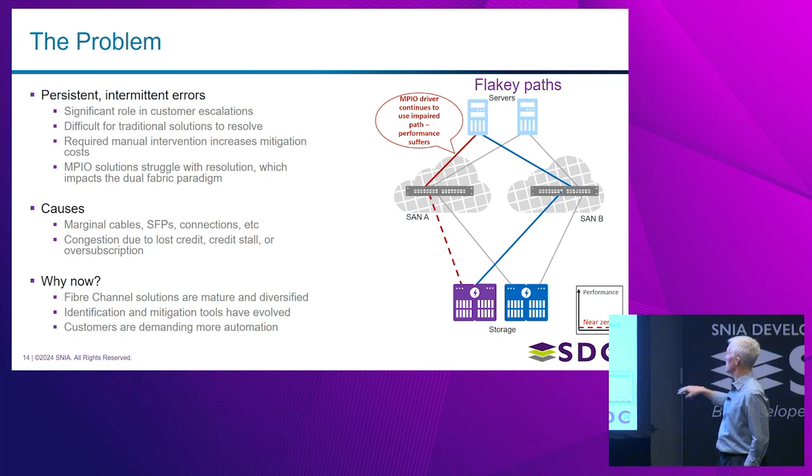The other thing that was benefiting the Fibre Channel industry when we were dealing with this solution is that a lot of the components in this system had matured to the point where they have the ability to detect these kinds of things. But they were really only surfacing them to their individual components. For example, if the array could detect that its receiver was bad, it would send a notification to the storage administrator. If the switch could detect that its transmitter or receiver was bad, it would send a notification to the SAN administrator. If the storage could detect that its was bad, the server sent it to the server administrator.